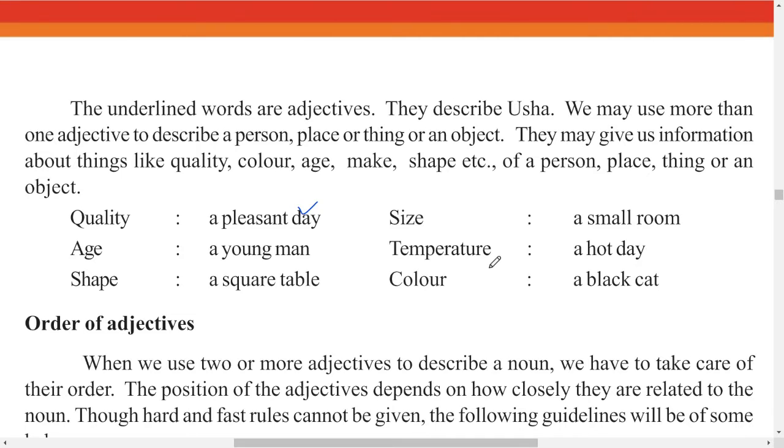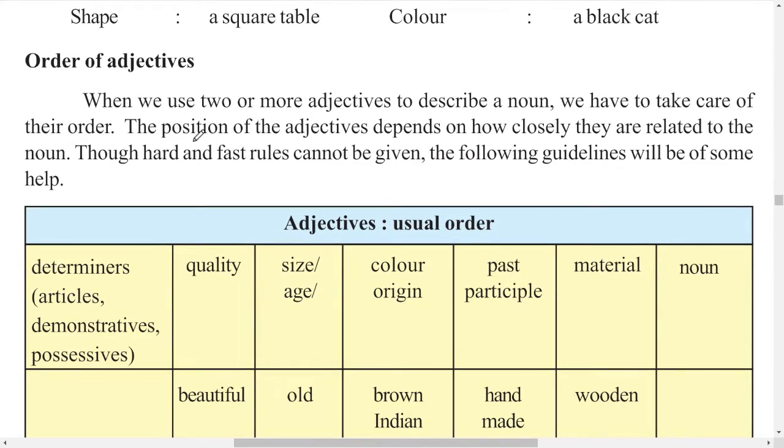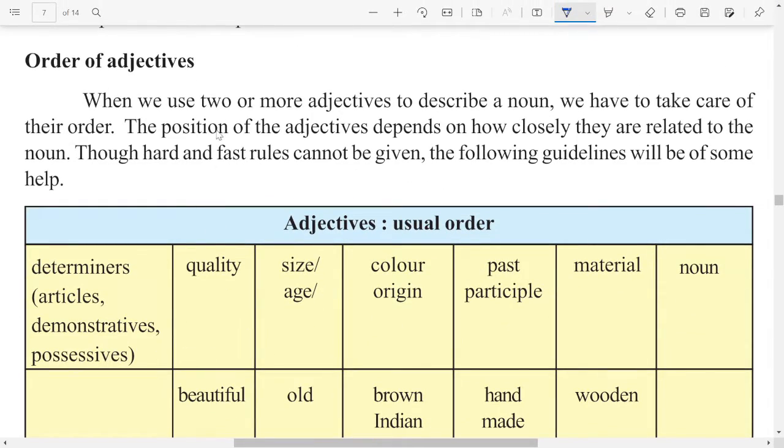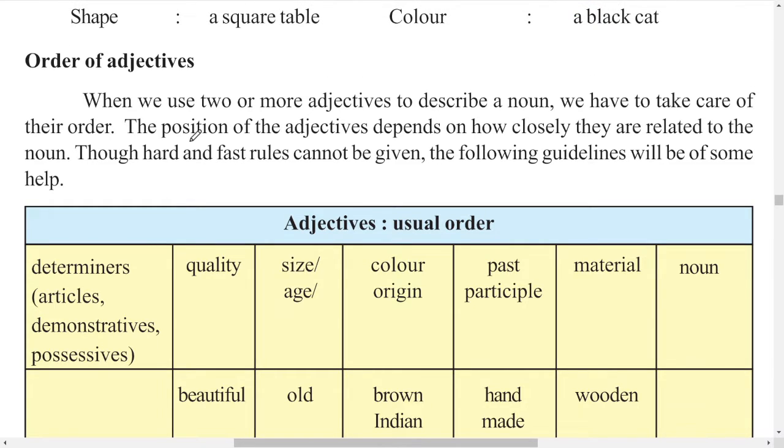Now, order of the adjectives. When we use two or more adjectives to describe a noun, we have to take care of their order. You should have proper order. The position of the adjectives depends on how closely they are related to the noun. Though hard and fast rules cannot be given, the following guidelines will be of some help. So remember, this order of the adjectives is based on how well they are related to the